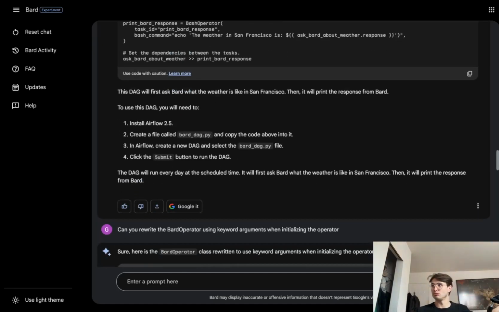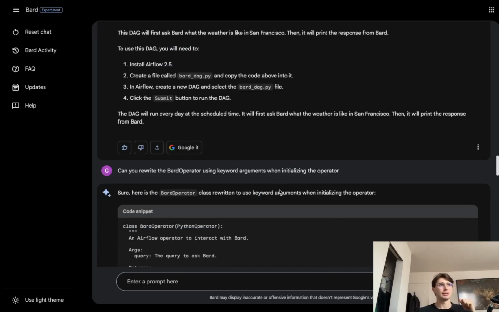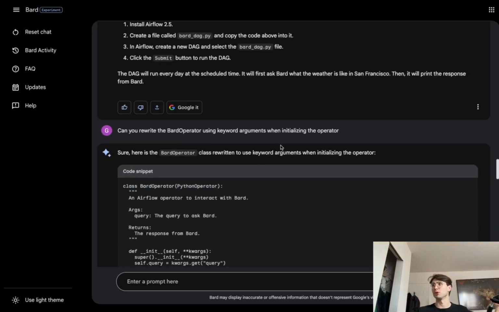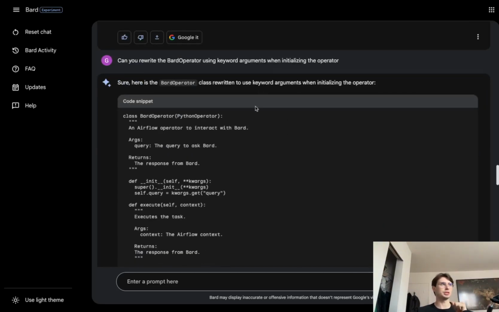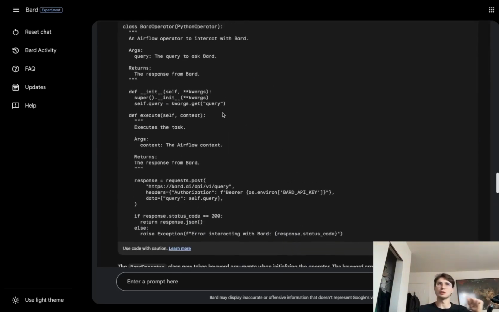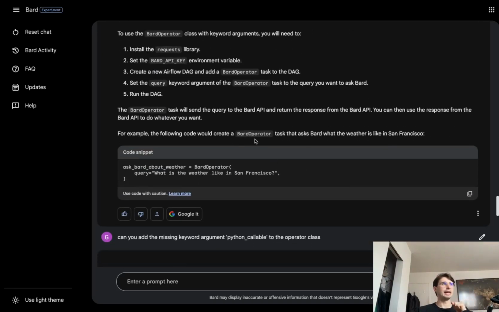So if you want to make any customizations, you realize anything's wrong, you can also just say, hey, add some keyword arguments. It wasn't using keyword arguments, and was failing to initialize in my local environment. So I said, hey, use some keyword arguments, and I'll change it to your specifications. And you can see also what it would look like to actually run it in place. But yeah, really simple stuff, but really powerful.